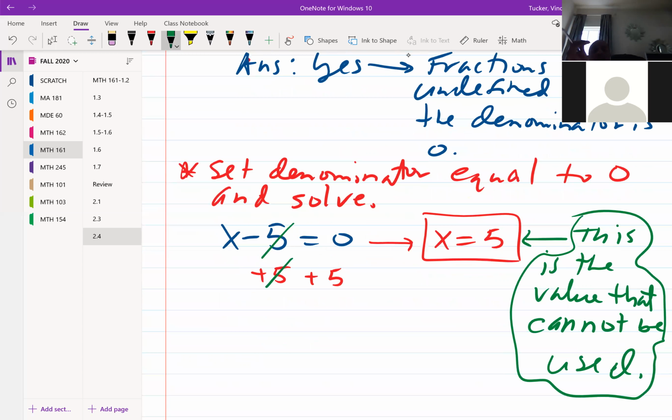So remember, if I take that 5, plug it into my denominator, 5 minus 5 will be 0, and I have 0 in my denominator. So this is the value that cannot be used. You want to know when your denominator is equal to 0, and that's when x is equal to 5. So my domain